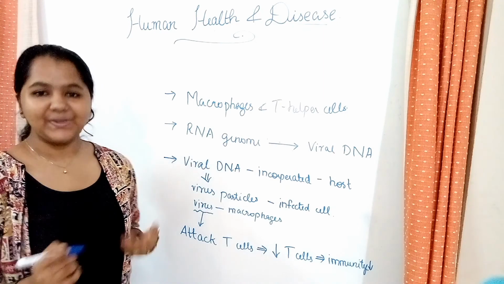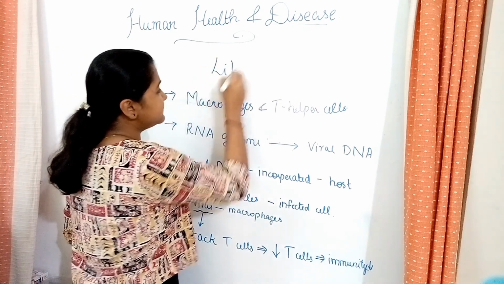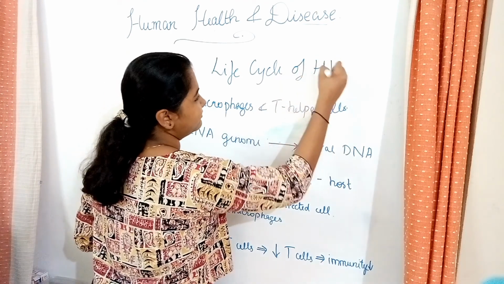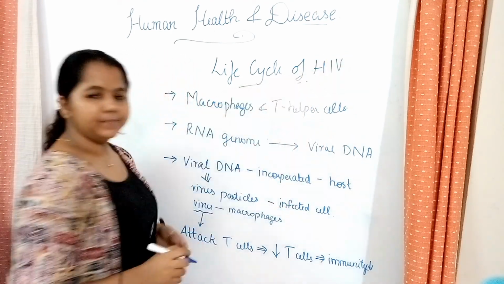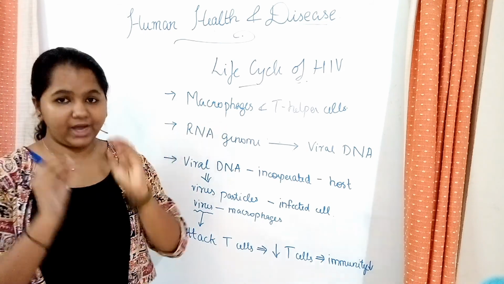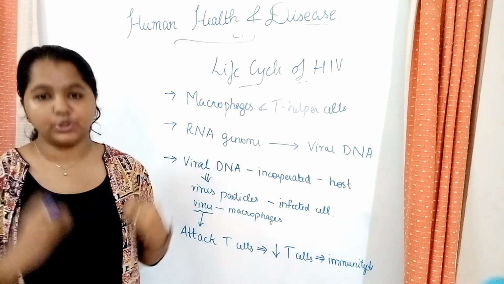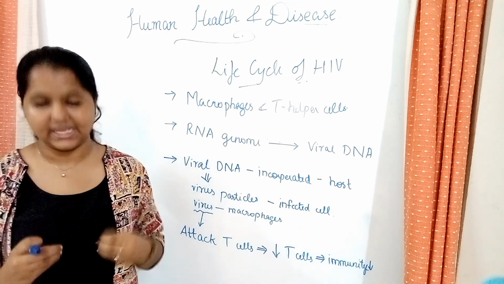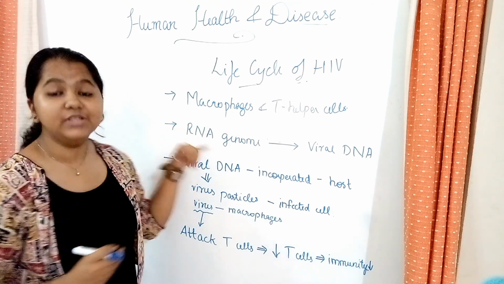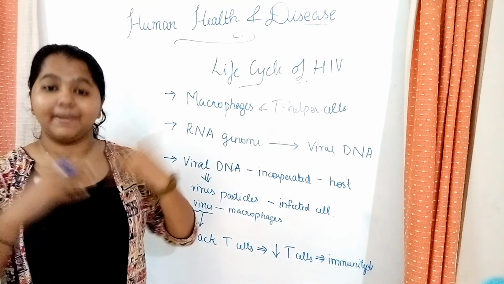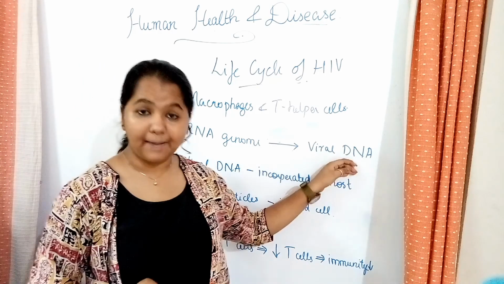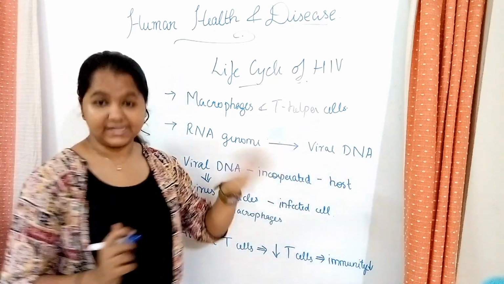So now we are discussing the life cycle of the HIV virus. Okay, so let's see what it is. First, the virus enters the macrophages and the T helper cells, the T lymphocytes. And what happens there? The RNA genome of the virus replicates and forms the viral DNA. Okay? This happens with the help of an enzyme called